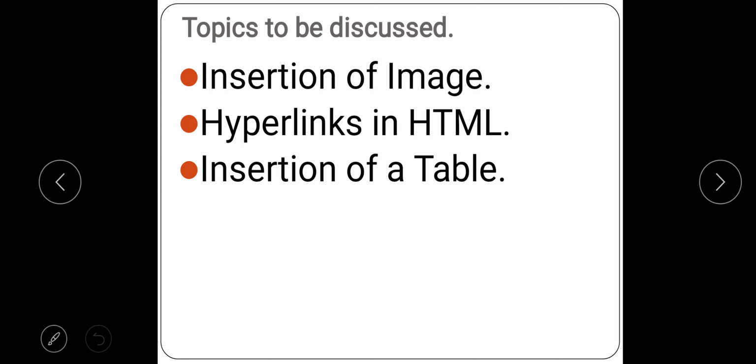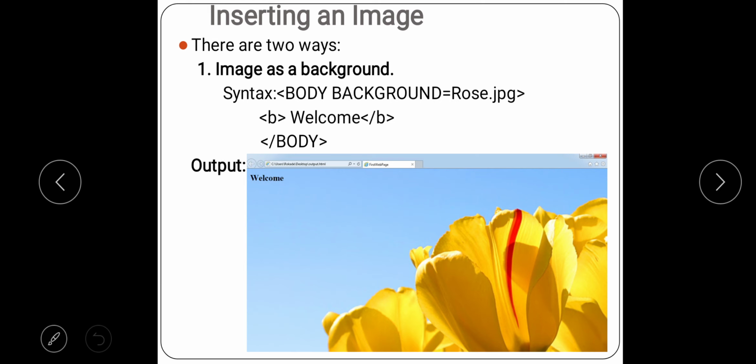Now we will see how to insert an image into a web page using HTML. See students, there are two ways you can add an image in a web page. The first way is that you can have an image as a background for your web page.